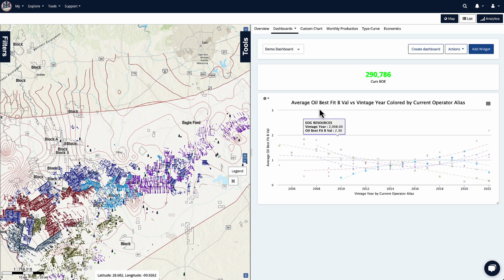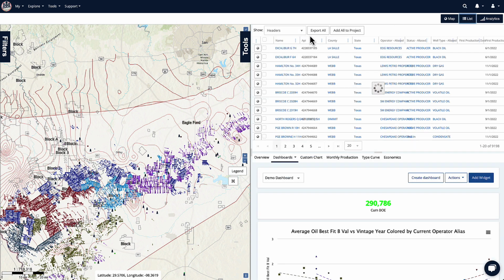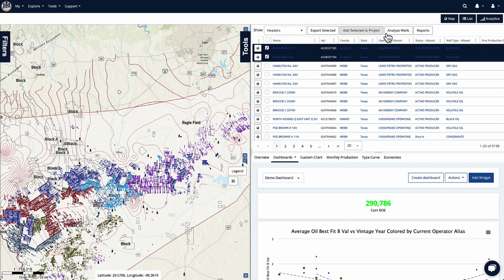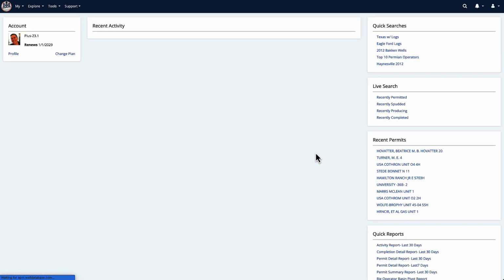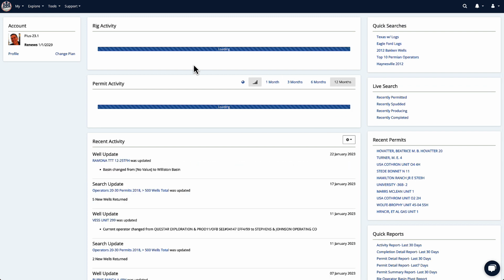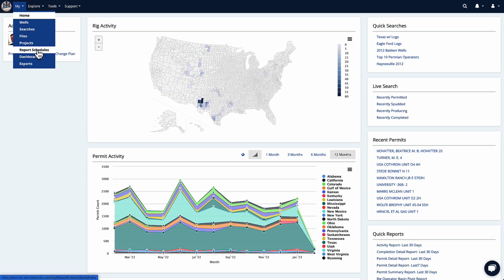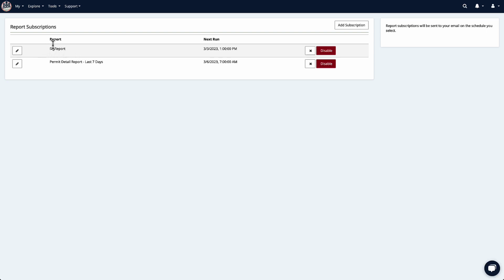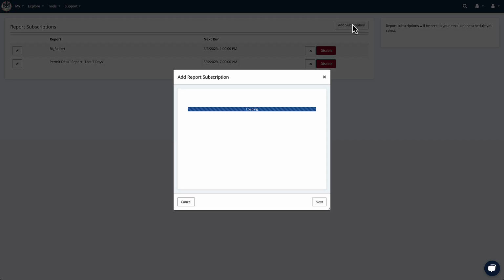The first of those items is going to be report subscriptions. In the past, you've been able to come in and create reports either from your list, where you can select wells and then create a report from them, or by going to My Home and then in the bottom right-hand corner using one of these reports as well. But now you can actually come into My report schedules. And this is where you can decide that, hey, I want to see the rig report emailed to me on a weekly basis, or I want to keep track of the last 7 days permits and send them to me. So to add one, all you need to do is click add subscription,